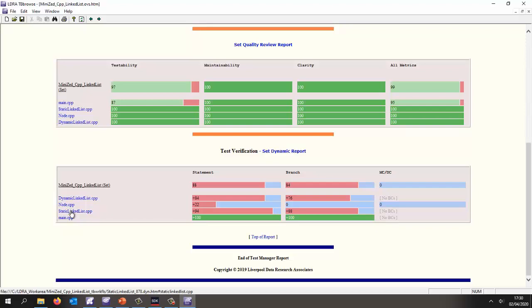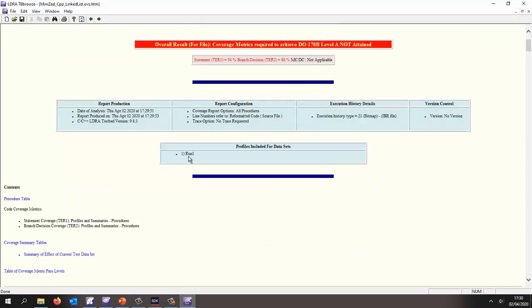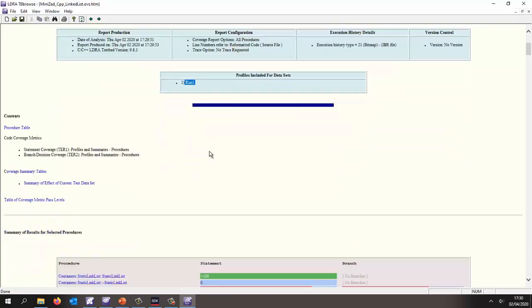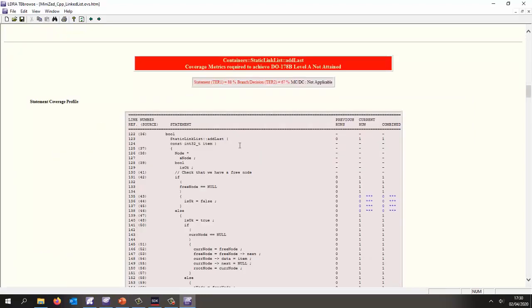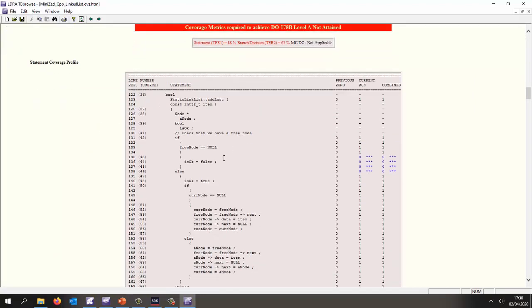But let's take a look at the static linked list, and we can see we've had one run so far. And if we scroll down, we can see this coverage is pretty good. We've got statement and branch coverage. There's no MCDC inside this particular class. But if we take a look at add last, we've only got 88% coverage. We can see here that we've never executed these lines of code because we've never had free node equal to